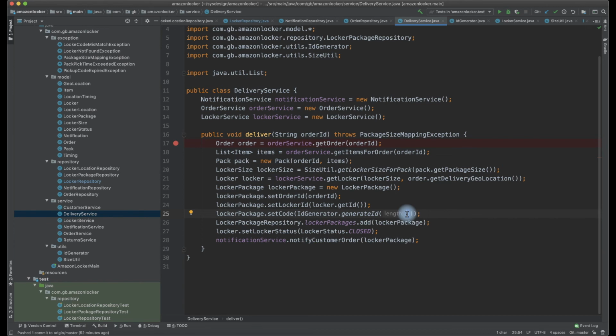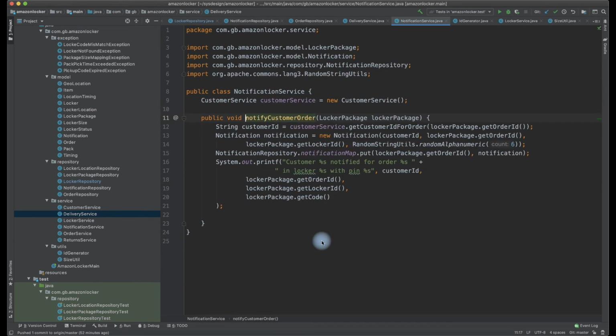So these are all things which should be clearly noted, and there will be assertions. The interviewer or the automated machine test assertions will be certainly based on these numbers which we have given. So we need to be very clear. It cannot be 8. Okay. The locker. Once the locker package is done, we need to store it, right? I'm just storing the locker package in the locker package repository, and once the item is placed in, I am setting the locker status to closed,